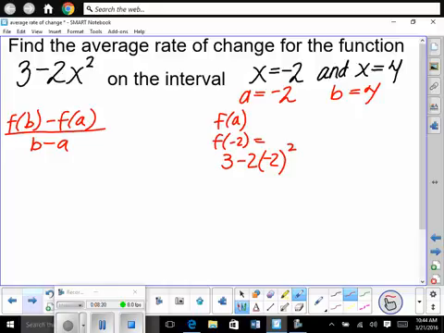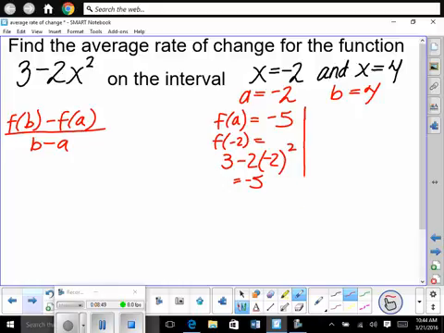So let's type that into our calculator, or we could just calculate it by hand. Go ahead and calculate that for me. Negative 5. Negative 5, okay? So our f of a was negative 5. Are we all comfortable with f of a being negative 5? Okay. Did you guys type it in? Those of you that didn't type it in, make sure you're typing it in,